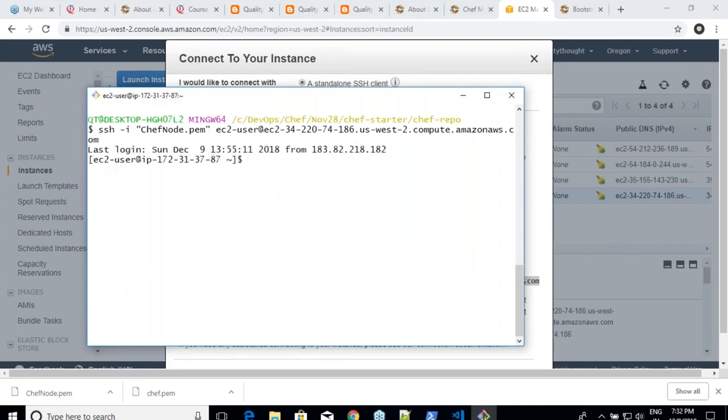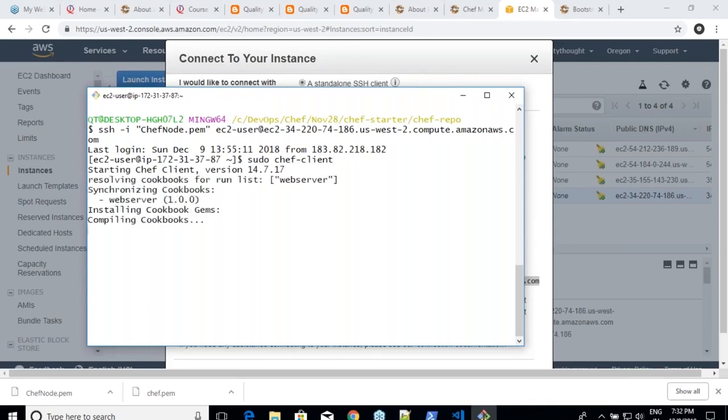Okay, now sudo chef-client. Simple, better than adding recipes and run list. So I am executing this command because I cannot wait half an hour, right? Okay.